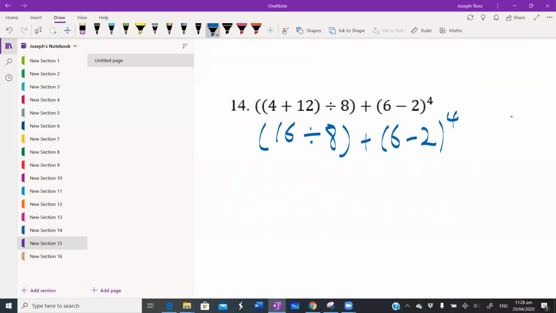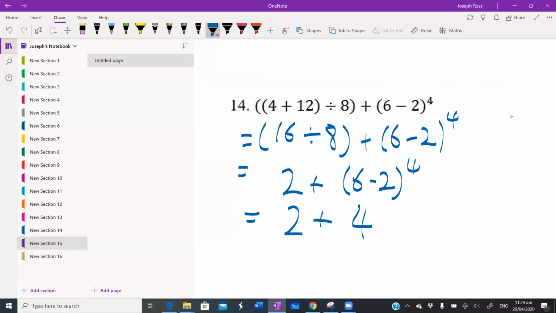Okay, so what is 16 divided by 8? That's 2 plus 6 minus 2 to the power of 4. Do we still have any brackets? Yes, we do. So we need to work out that 6 minus 2 next. So what is 6 minus 2? That is 4. So we've got 2 plus 4 to the power of 4,